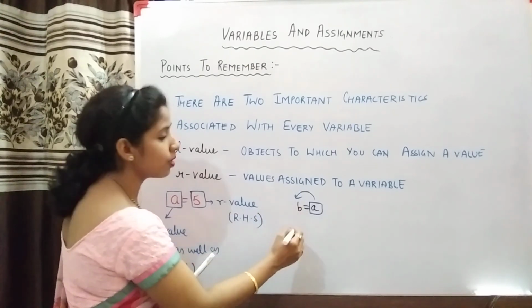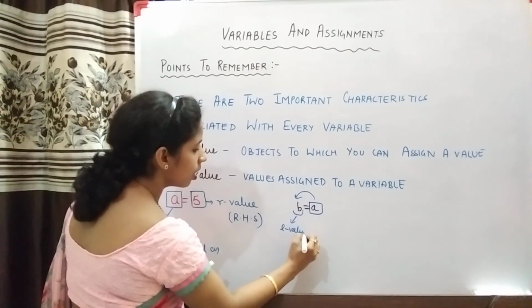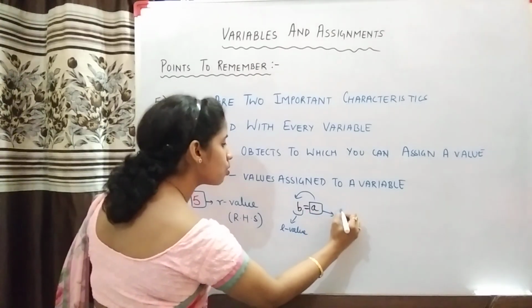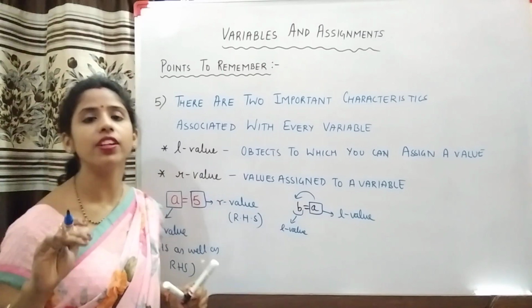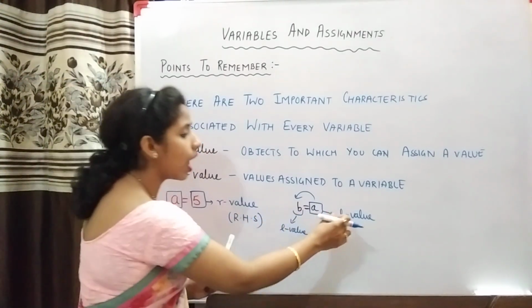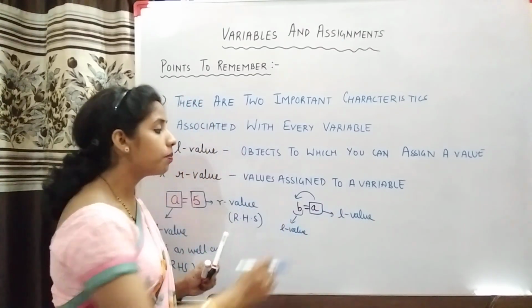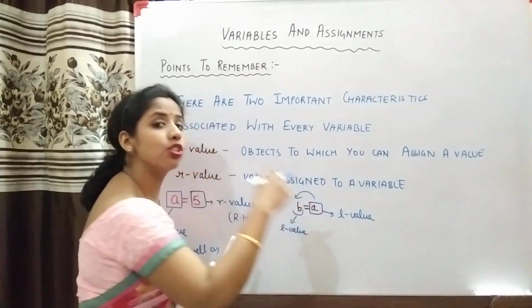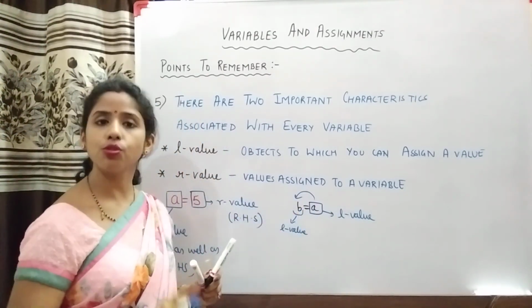So in this expression B is the L value and A is also a L value, which is already having some R value. And what is happening through this statement? R value of this L value is getting copied over this L value. मतलब इस L वैल्यू की जो R वैल्यू है वो इस वेरिएबल की L वैल्यू में स्टोर हो रहा है.